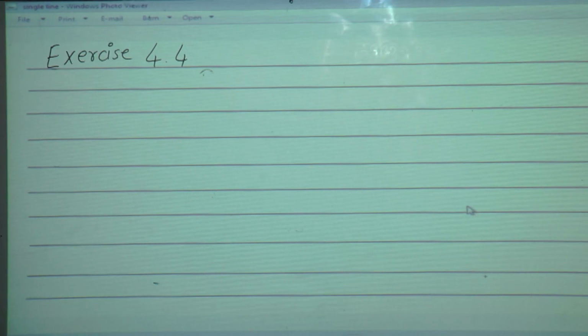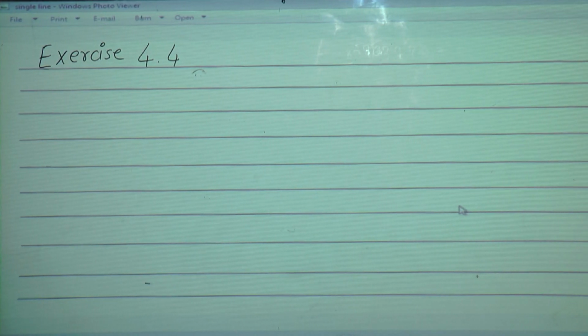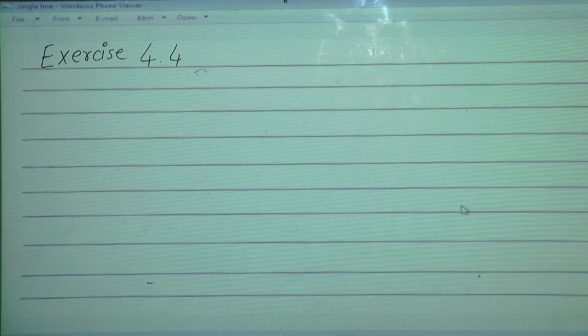See B question, there are 12 sums. I have solved 4 for you which are different. So remaining all are like same as usual which I have solved on the board. Now we will start with the C question. What is the C question? Find the quotient and remainder, same, but now they had given all 4-digit division by 2-digit division. Divide with 2-digit. Okay? Shall we start?